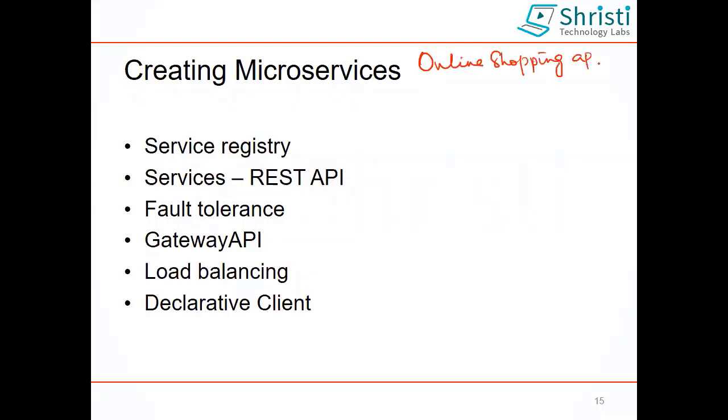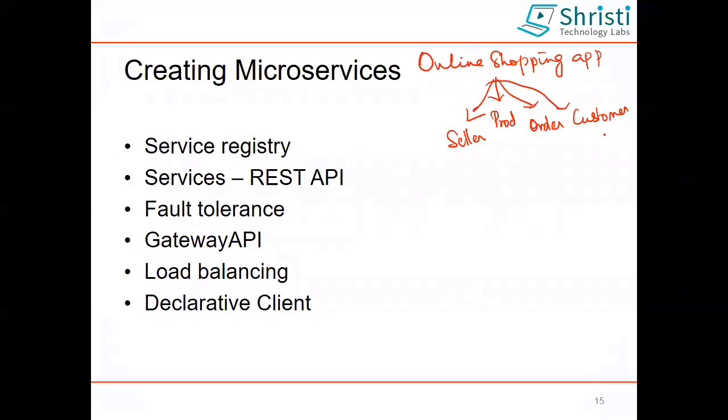So based on a few design patterns that are there in a microservice, you need to divide your application into a set of loosely coupled services. Services means what here? It's nothing but the functionality. So you will say, okay, I must have a seller service, I must have something related to product, something related to order, something related to customer. So you are identifying the functionalities or modules based on certain design patterns.